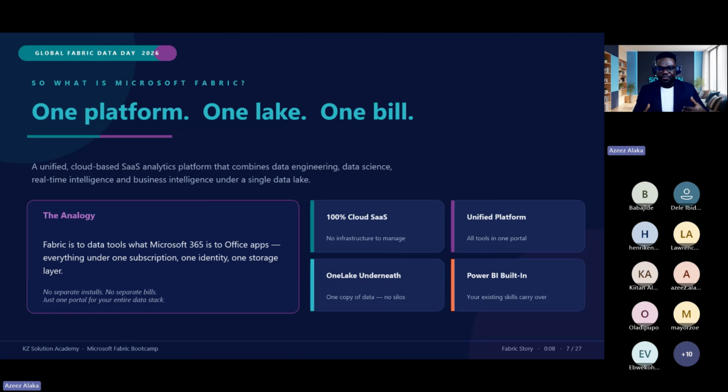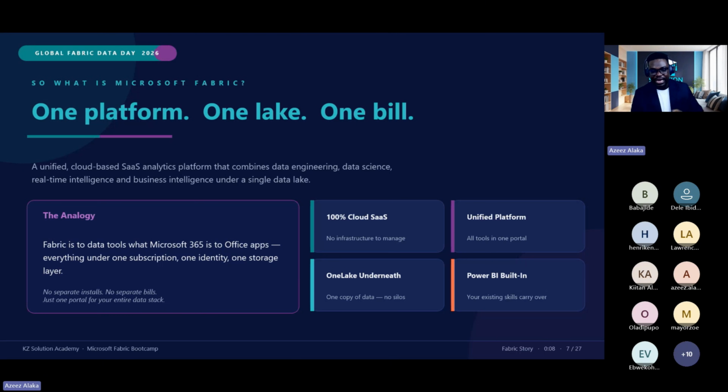So very soon, if you say you are a data analyst and it's only Power BI that you know, you might not get that job. They are adding all of these things to the job requirements. This is where Microsoft Fabric is going to help you, because it gives you the opportunity to learn what a data engineer is doing.